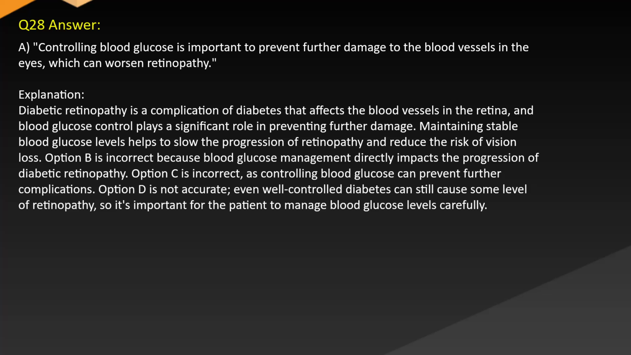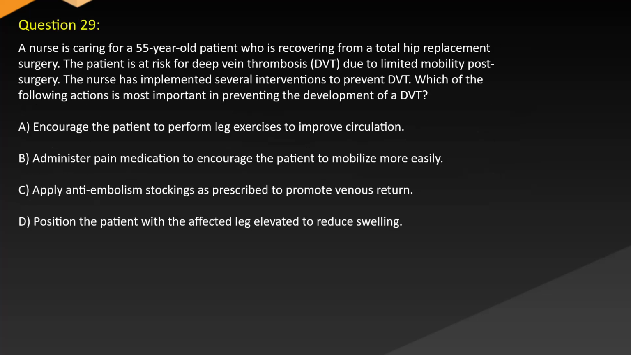Option B is incorrect because blood glucose management directly impacts the progression of diabetic retinopathy. Option C is incorrect as controlling blood glucose can prevent further complications. Option D is not accurate. Even well-controlled diabetes can still cause some level of retinopathy, so it's important for the patient to manage blood glucose levels carefully. Question 29. A nurse is caring for a 55-year-old patient who is recovering from a total hip replacement